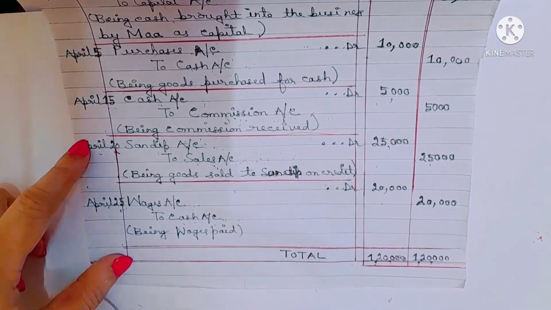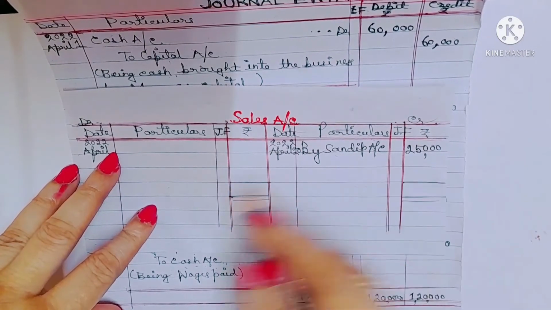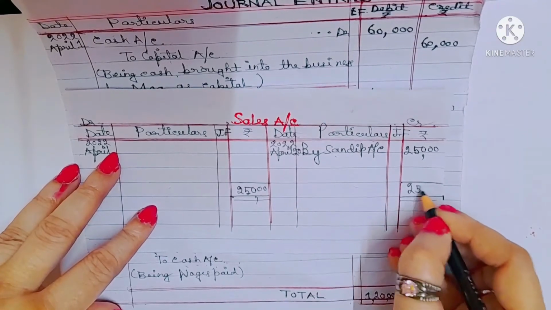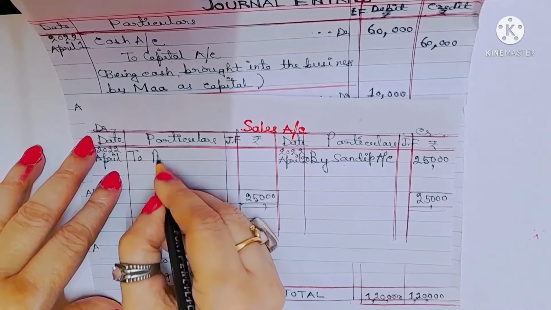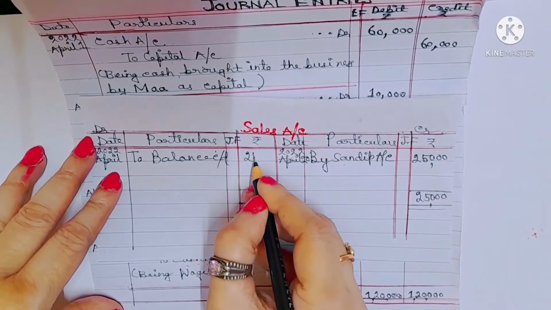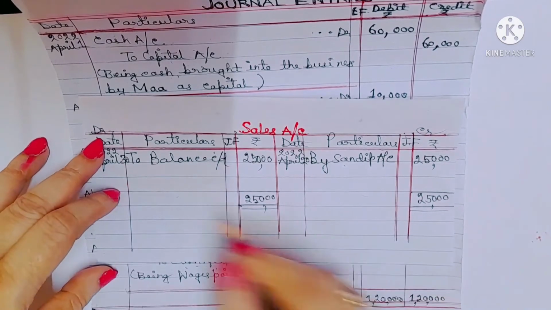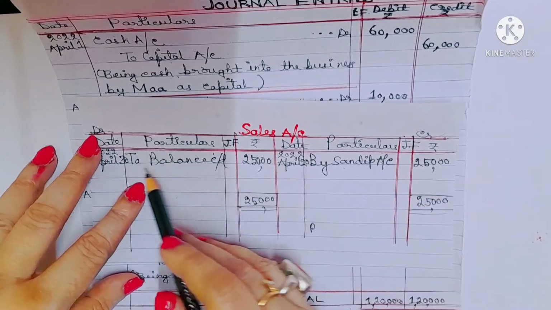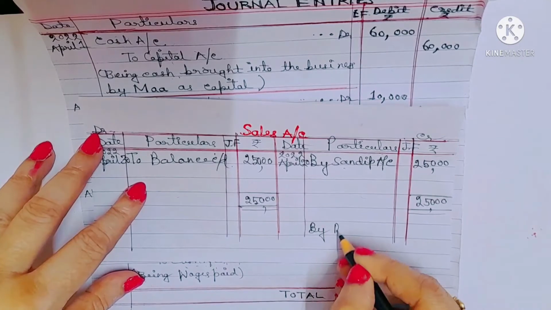So ignore. Let's close the sales account. Credit side total is greater than the debit side, so write 25,000 on both sides. On which side is the shortfall? Debit side. To balance CD, 25,000. Last day of April, 30th. Just write the to balance CD. When the debit side has to balance CD, it will appear on the opposite side, the credit side beneath the total. By balance BD